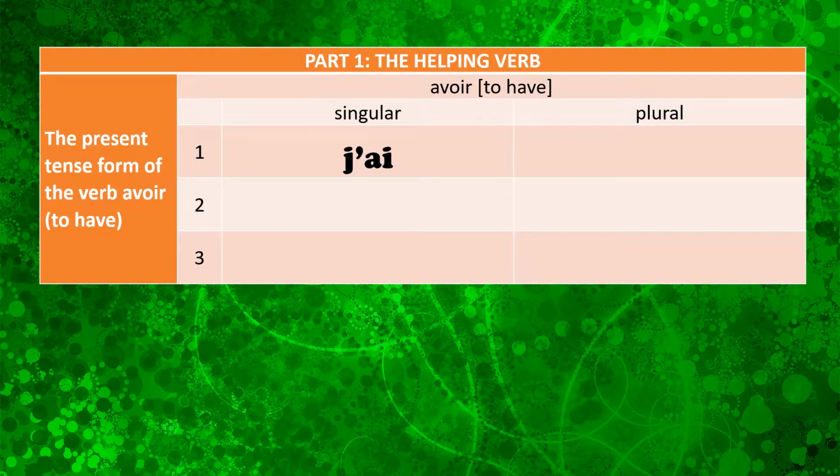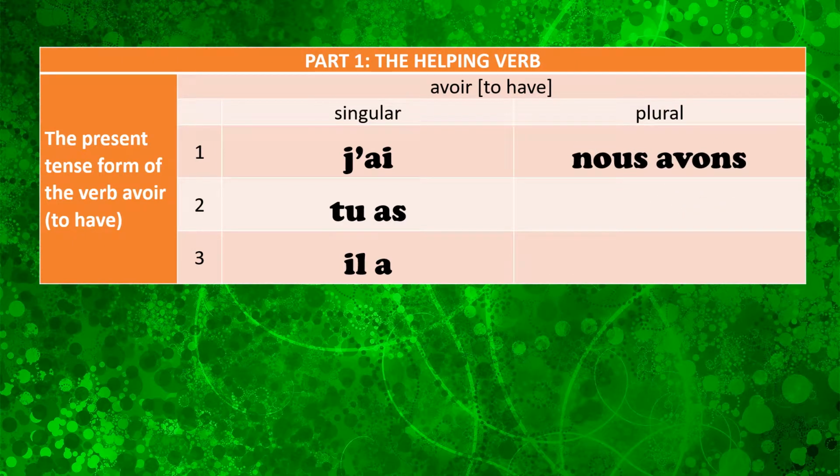The second person singular form is tu as, you have, you being one person. The third person singular form is il a, he has. Now you could say elle a for she has. All right, the first person plural form,